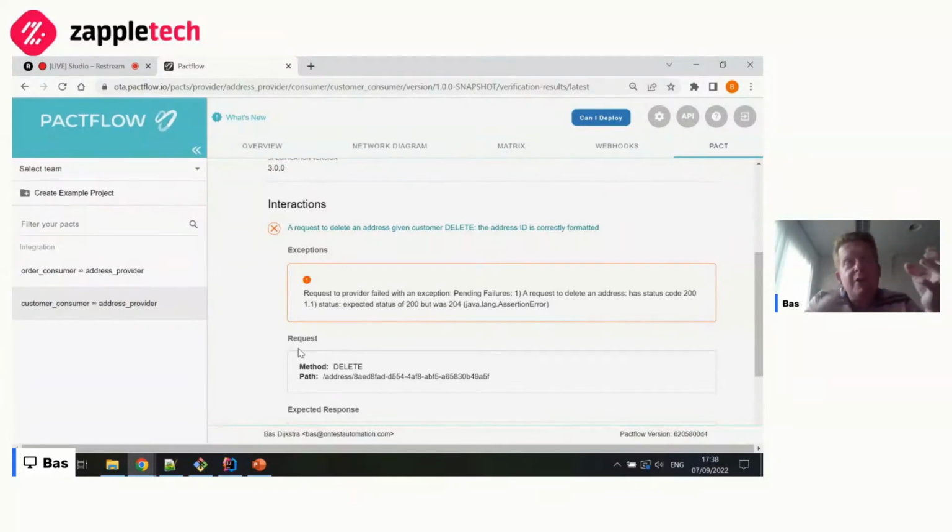So if your consumer is written in Java, but your provider is written in C# or in Go, for example, that's fine, because these contracts are basically JSON files. So they can be exchanged between a consumer in one language and a provider in another language, which is quite